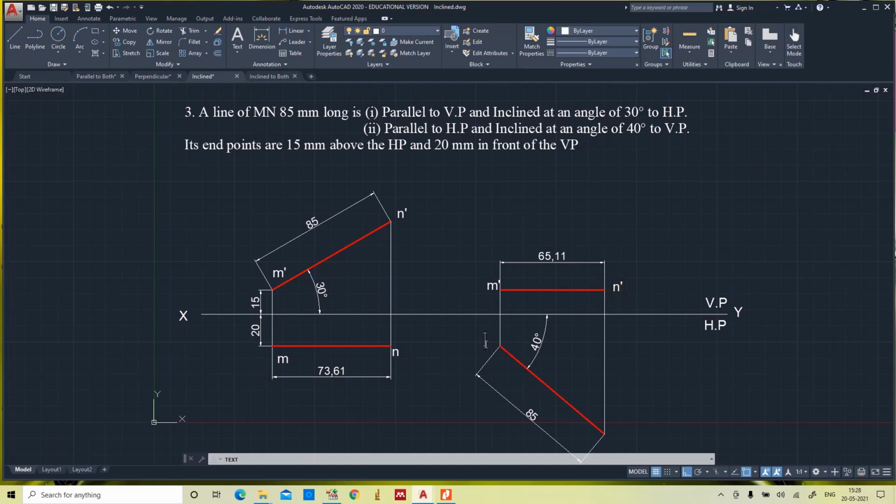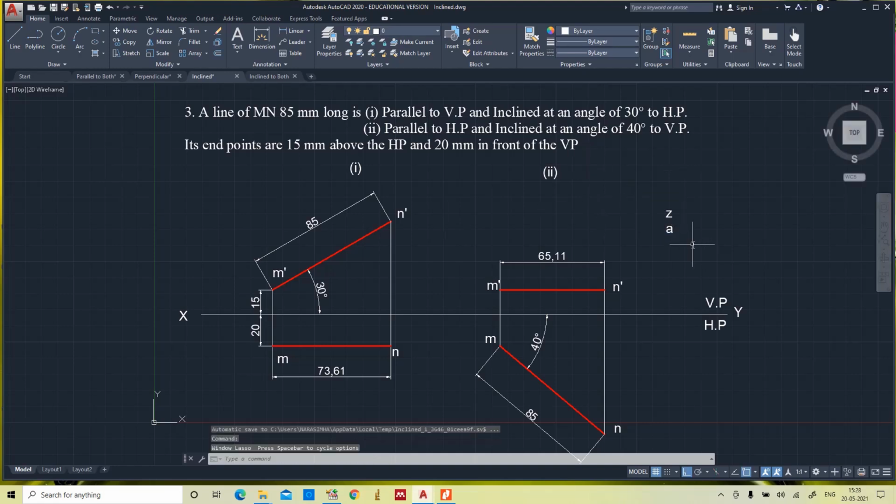Top view, M and N. So this is the first case, this is the second case. That's it. This is all about when a line is inclined to a single plane.